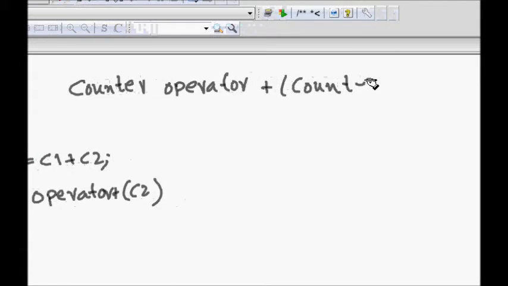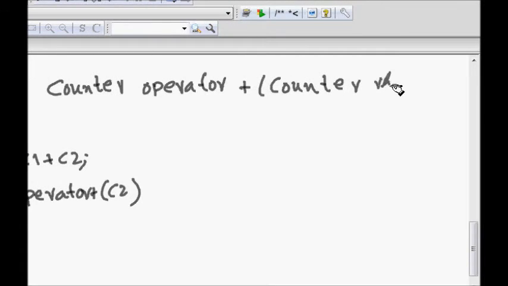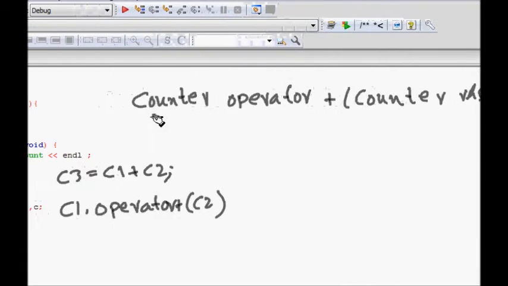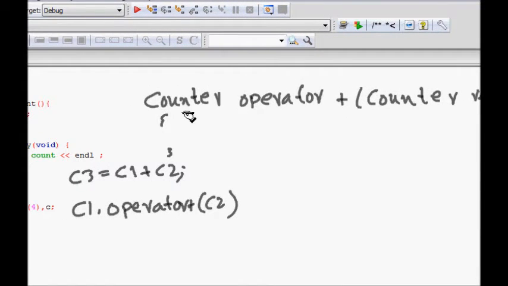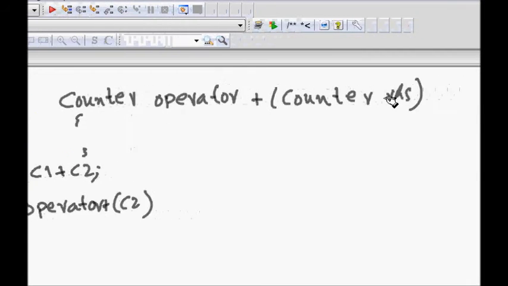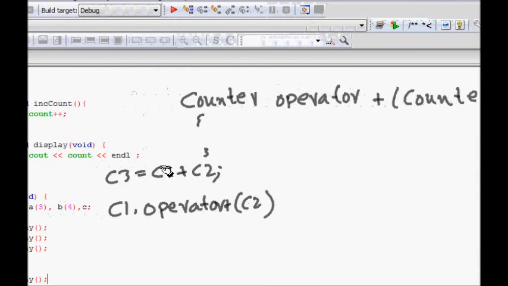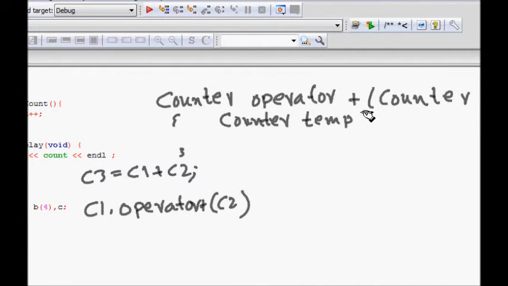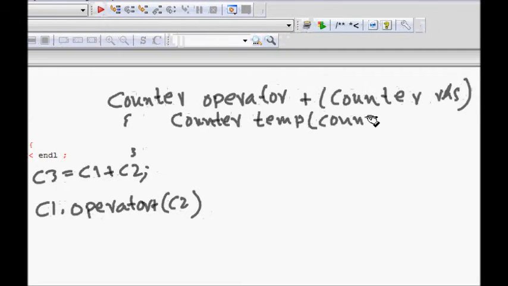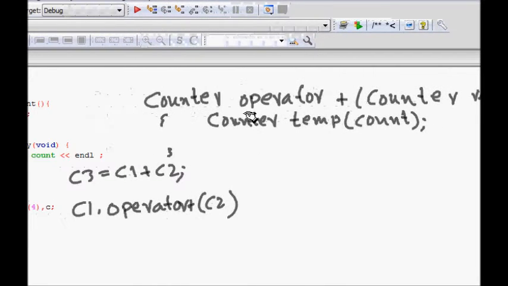So this is also of type what? A counter object type. So counter, okay, RHS, we will say that this is the counter we are providing, and then we can have the operation. Which means this is the object in which we are there right now. So RHS is the c2, and c1 is the one in which we are presently there. So what we can do is, let's say one simple thing, we can define a temp counter object to make our understanding easier, and initialize it equal to the count variable of this particular class.